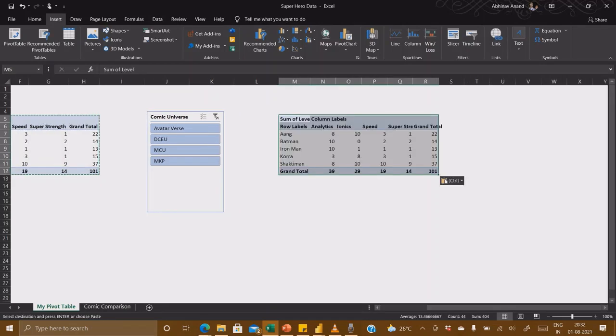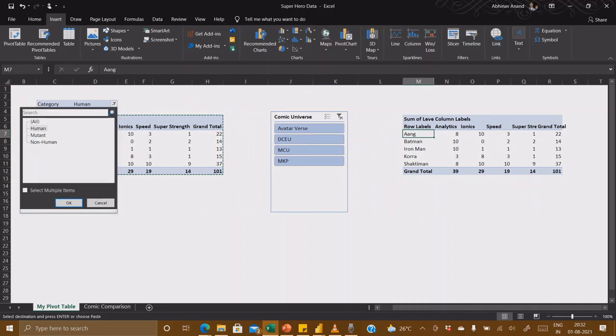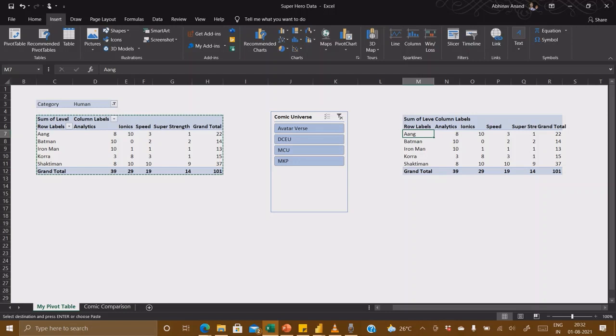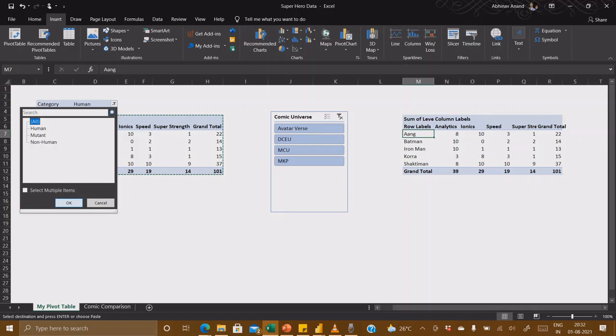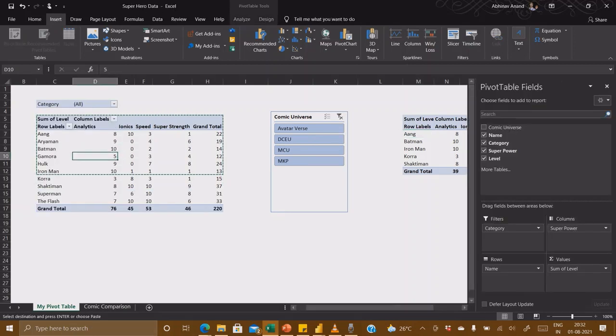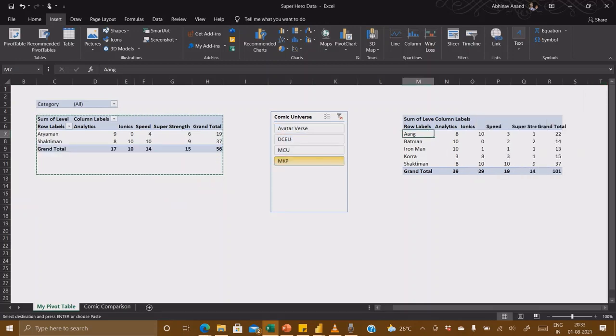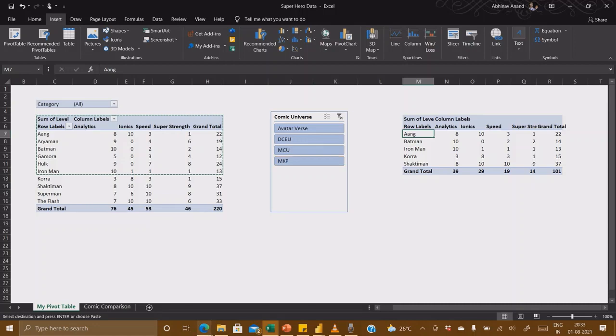So if I create a copy here, you can see this is again not a pivot table, it's just simply a table. Let's see what happens if I select all. Okay, what happened? Now you can see nothing is happening here because I have just copied it. This is not a visual. What happens if I select this? Nothing will happen because I have not connected this visual.